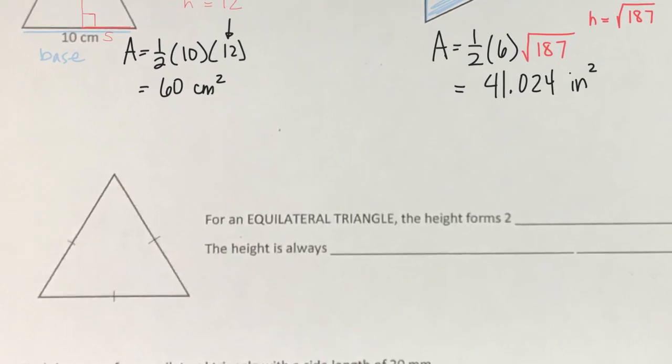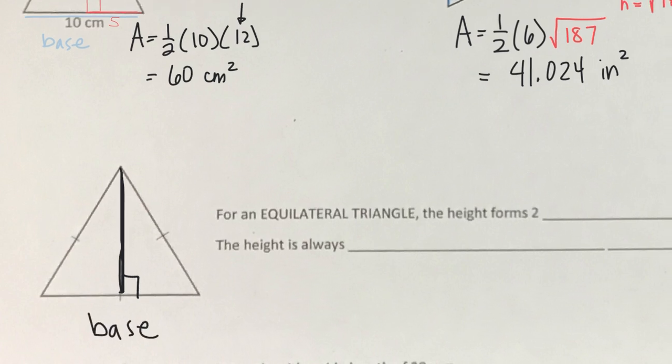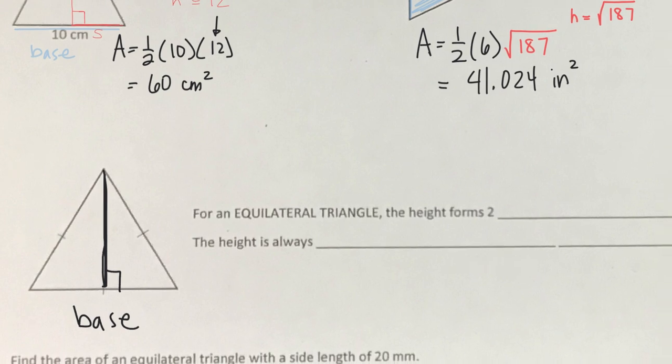So hopefully you know that an equilateral triangle is also an isosceles. So when we draw the height here, because it's equilateral, you can draw the height to any one of your sides. But just to stay consistent, let's draw it to the, quote unquote, bottom. We'll call this the base. Okay, so yes, it is still isosceles, the height forms two